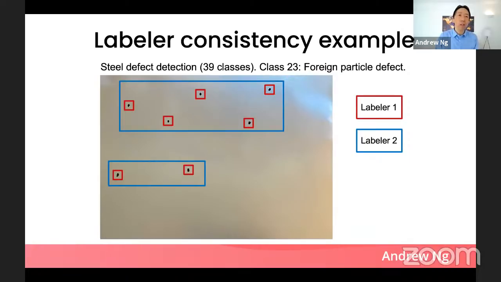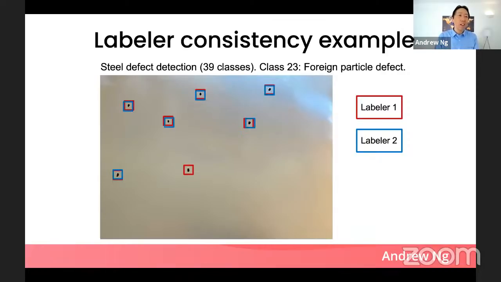And it's actually difficult to spot. It's difficult to fault these labelers. They're actually well-meaning, hardworking, trying to show you where the defects are. And we found that if you can go discover this problem and ask labeler 2 to label in a way more consistent with labeler 1 in this case, then the labels look like this. And this has a big impact on the algorithm's performance. So I think